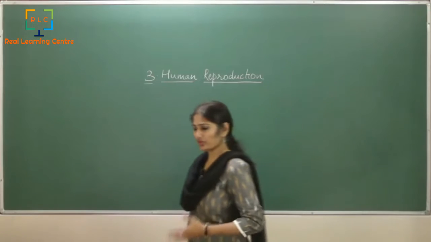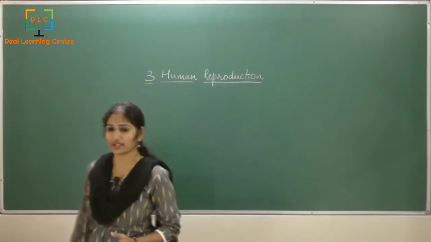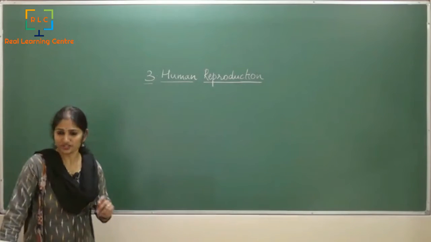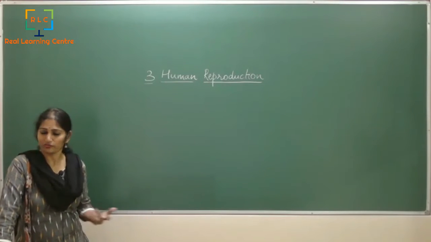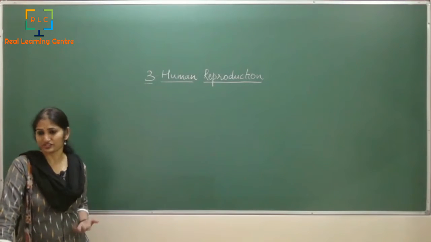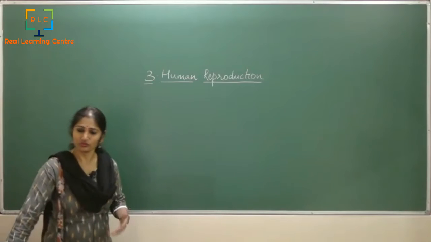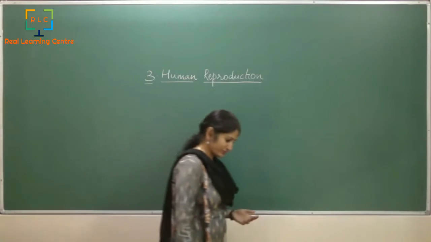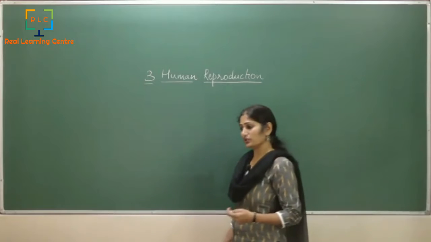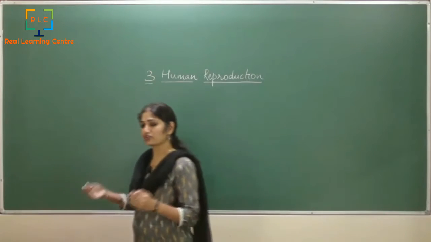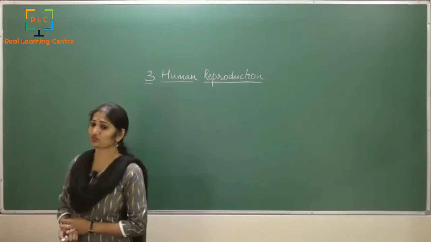So, in this particular chapter, we are going to start learning about the human reproductive system. Now, you might be wondering why human of all the animals. The first and foremost thing is that human reproduction is obviously one of our systems, and we should know the importance of that system. Not only that, as a science, we get to know more about how reproduction actually happens in humans.